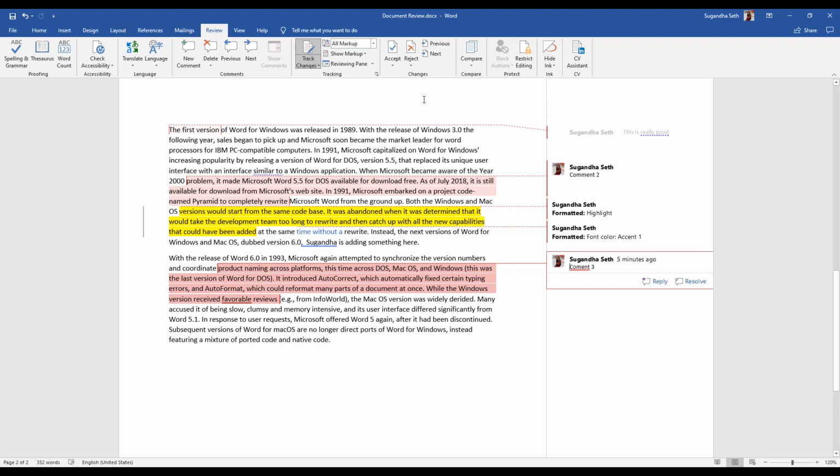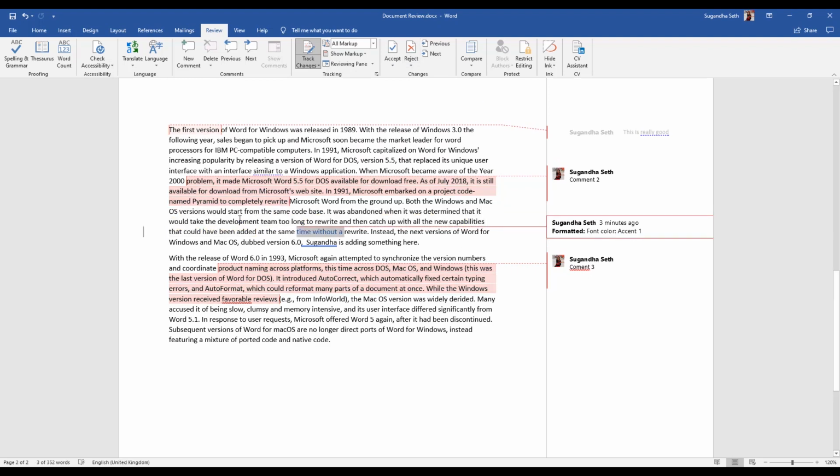and now you can see that this change is not tracked anymore. Similarly, I can move to the next change that has been made. You can see this comment has been highlighted. Going next, you can see another comment. Going next, you can see the formatting change. I can choose to accept or reject it. Let's say I reject it. This particular statement is not now highlighted. I can go to next, where I can see the next comment.